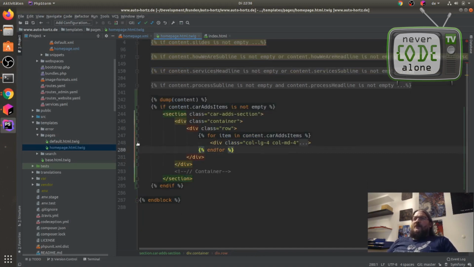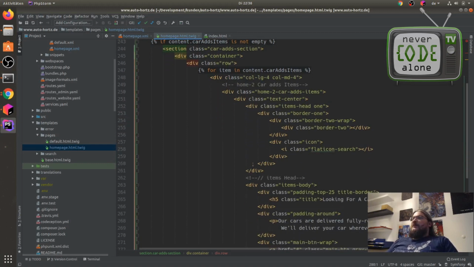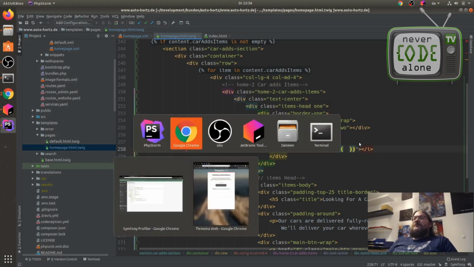For now we have here our selection value. We just do it as an output.